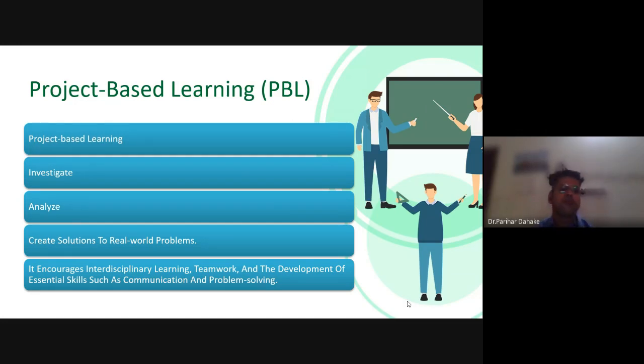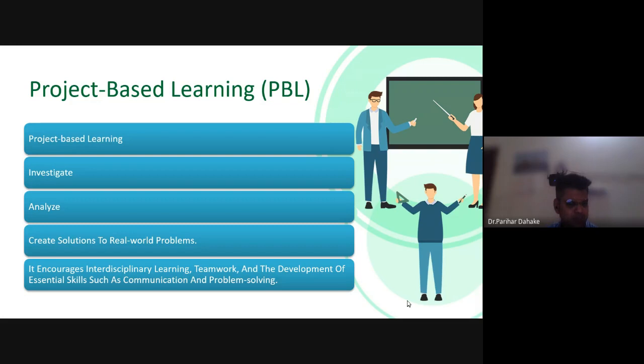Now what is meant by a project? An activity which is given for a one-time period. Ask them to investigate the market. Ask your student to investigate the scenario. Ask your student to investigate the problems happening around themselves, or problems happening around the family members. You need to identify these kinds of problems before giving an examination test to your students.